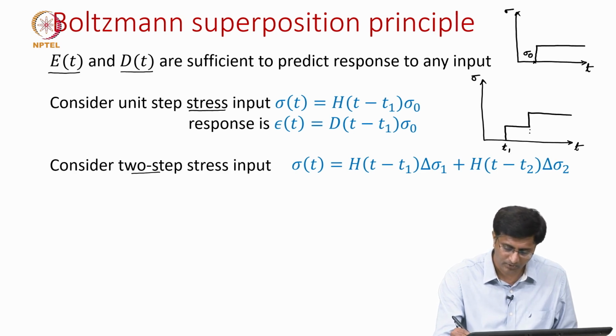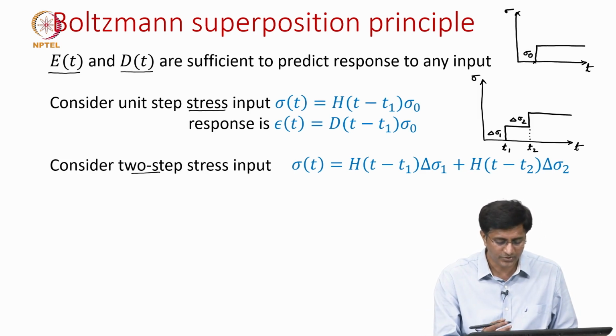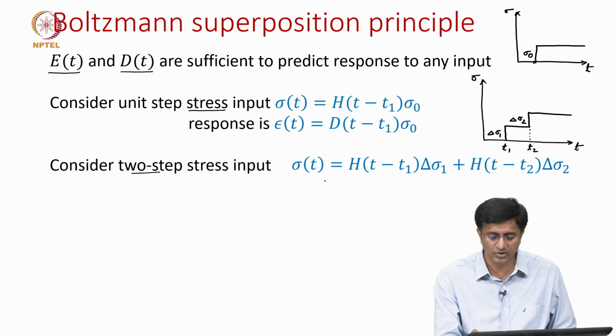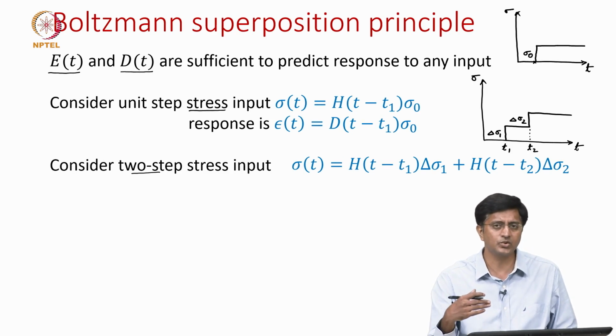These steps are given as delta sigma 1 and delta sigma 2. Then we can write the input stress sigma t as the summation of these two steps in the stress input. Once we write it in this form, it is now easy for us to write the strain response,